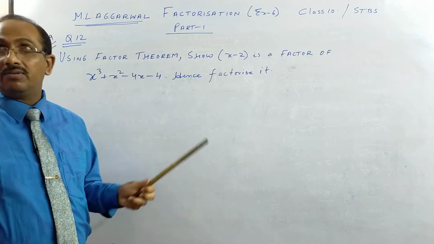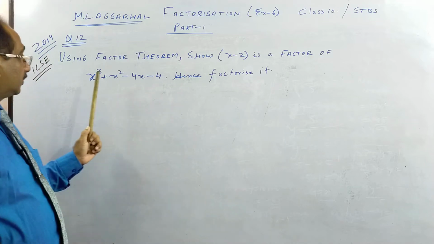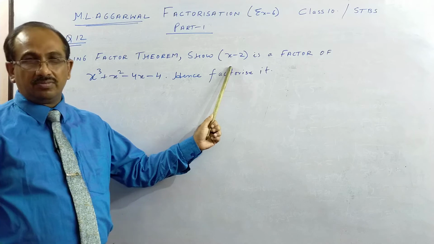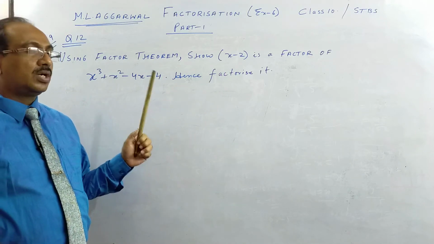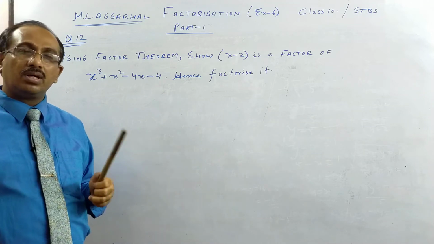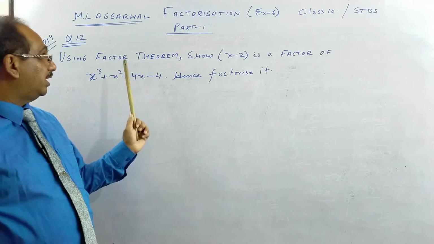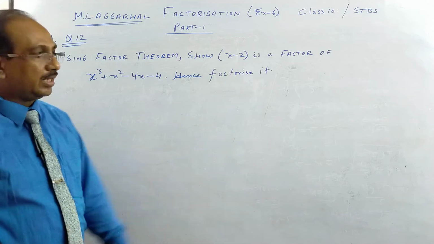The very first variety, where I'll try to do 2-3 questions, is on a cubic equation. These are cubic equations where one factor is given, and we have to find the other 2 factors. Quadratic equations have 2 factors, cubic equations have 3, biquadratic have 4. So first we have to show that the given one is a factor, then next step we will see.